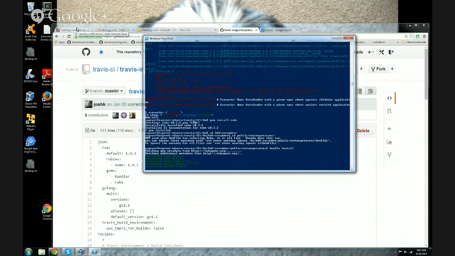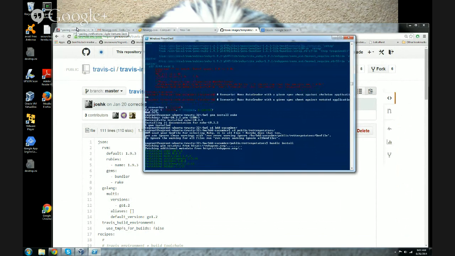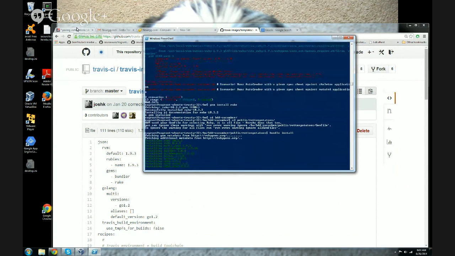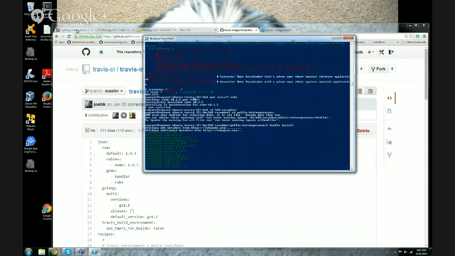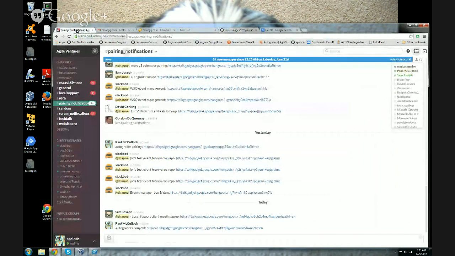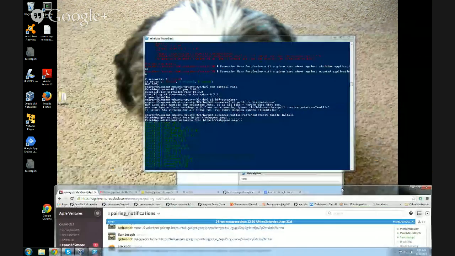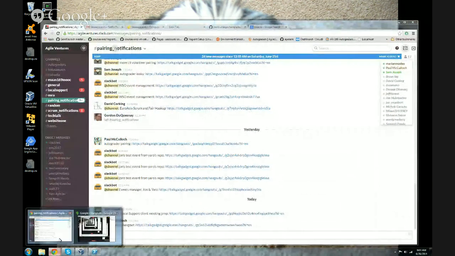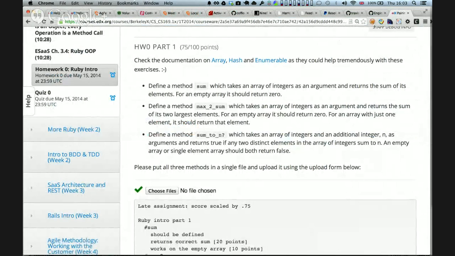Ruby intro. Yeah, in fact, Ruby intro doesn't actually have a repo. It just starts off by telling you to make these things, and it doesn't even have the specs. Yeah, it just starts off like this, and it doesn't tell you to do anything. So I wonder if,